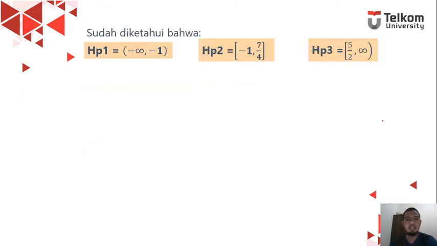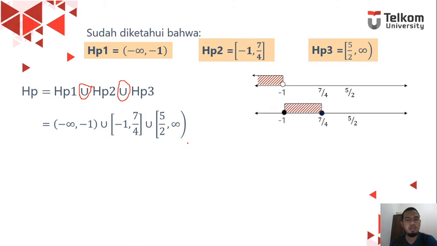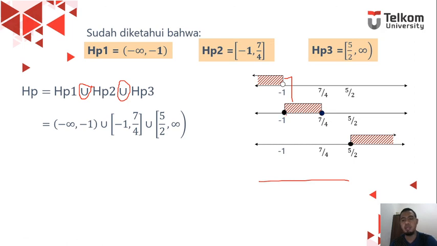Next, we make the union between the first result, second result, and the third result. In the first result, we have this one. In the second result, we have this one, and also the third result, we have this one. So we make the union of this one and this one. The union between this one and this one should be all, because this one does not enter -1, but this one enters -1, so that should be the result.